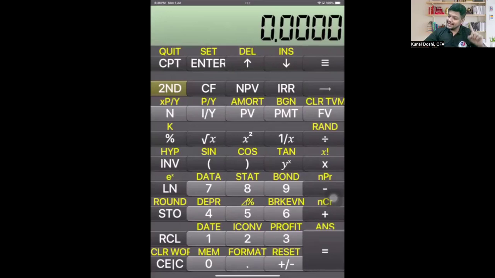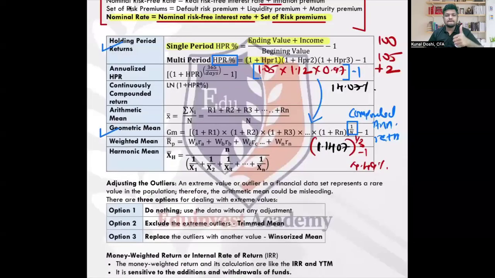How can you do that? Press second and then there is format dot. When you press that, it asks you on the screen DEC, decimal. Press 4, enter and clear. So you will also have 4 decimals with me. Clear, everyone? Got it? Everyone is at 4 decimals with me, right? Not more, not less.